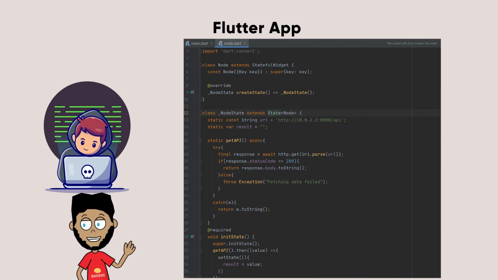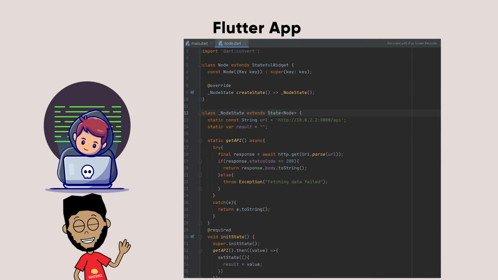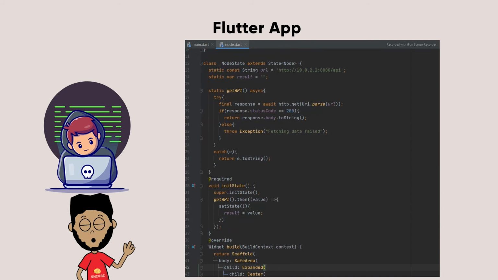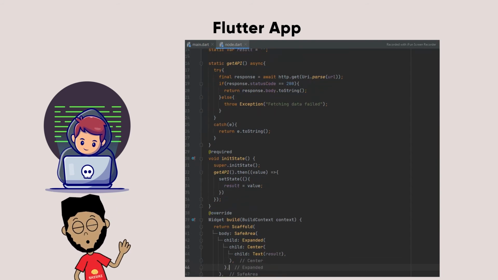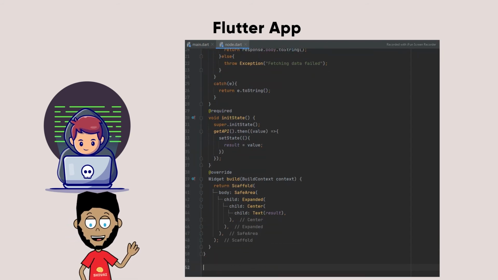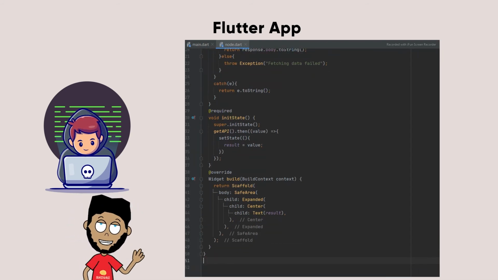So coming to node.dart now. We create a stateful widget Node containing the base URL of the node server, and we create a function getAPI which retrieves data from the node server using the HTTP package we first imported and downloaded.